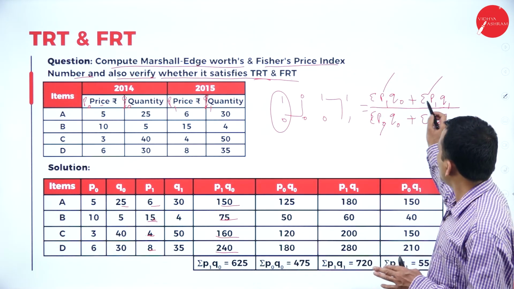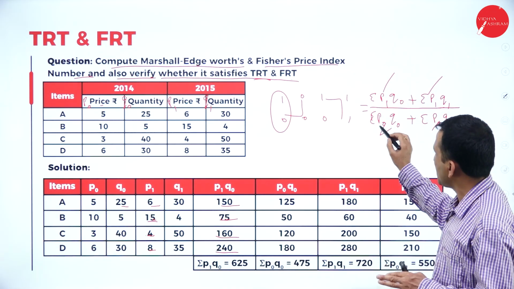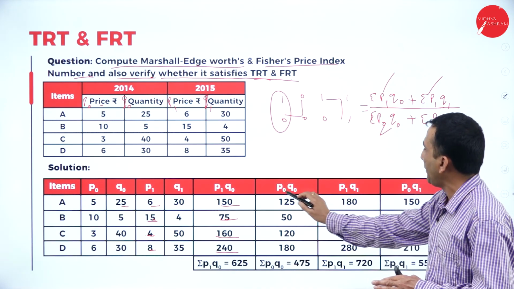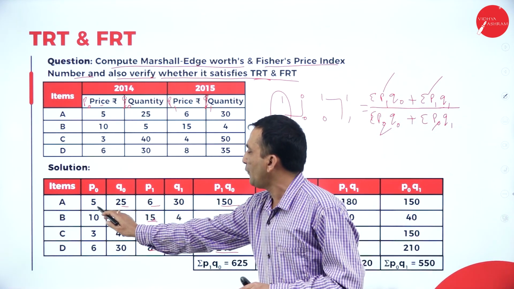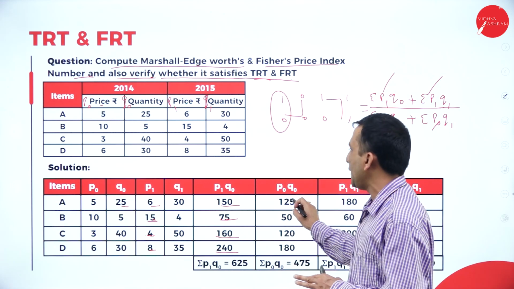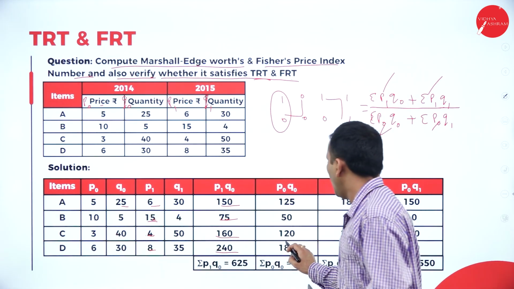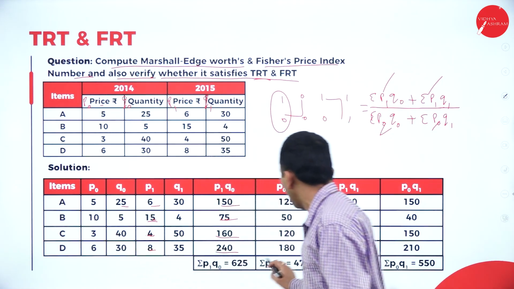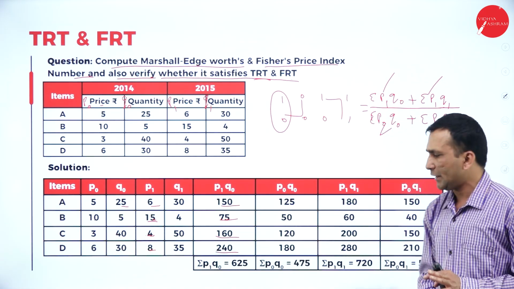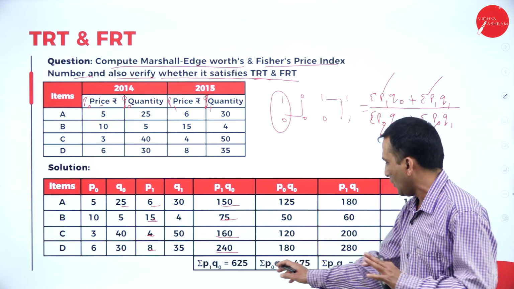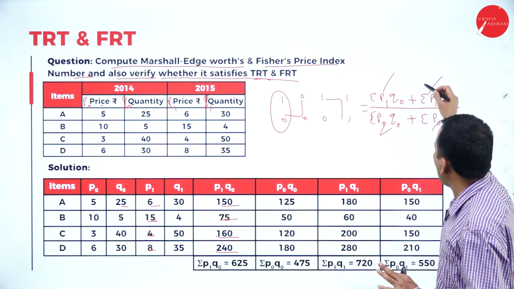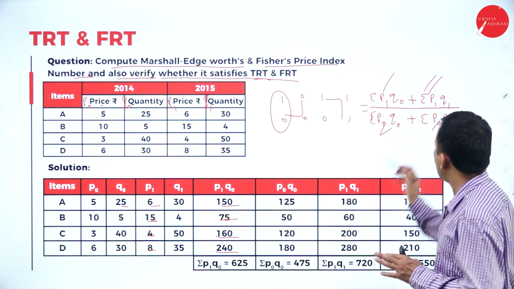Okay, again we need to find sigma P0 Q0. The P0 value 5 into 25, 125, 10 into 5, 50, 3 into 40, 120, 6 into 30, 180. Okay, now you have to take the total. We are getting 475. Okay, so once we have that, now we are going for Paasche's, which is related to